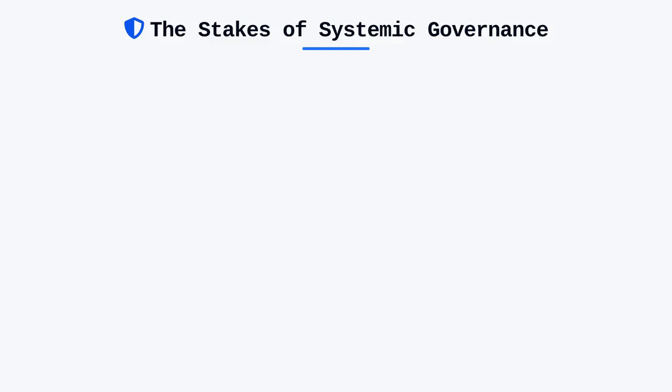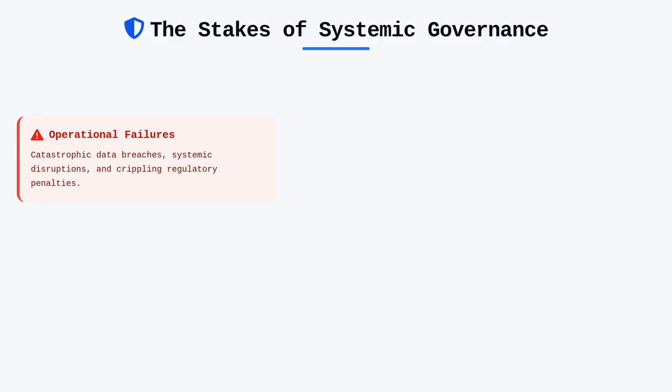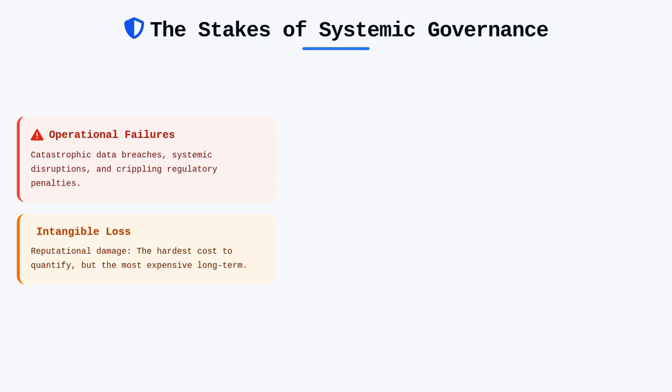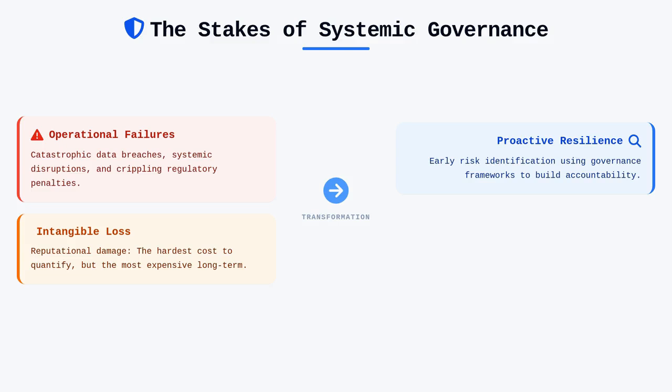We must consider the real-world consequences of systemic governance failures to understand why this subject matters so deeply. When governance is absent or ineffective, the symptoms almost always manifest as operational disruptions, catastrophic data breaches, or aggressive regulatory penalties that can cripple a business. Reputational damage is perhaps the most difficult consequence to quantify, yet it often represents the largest long-term cost to an enterprise. You will learn how to identify these risks before they manifest, utilizing the frameworks we discussed to build a resilient structure that proactively manages accountability.